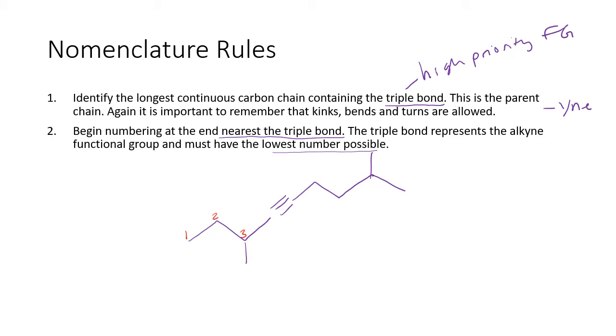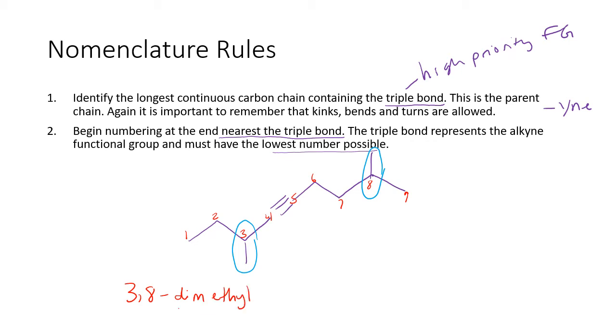1, 2, 3, 4, 5, 6, 7, 8, 9. And it doesn't matter whether I call up 9 or down 9 because it's the same numbering there, and it's a methyl group. So we have two substituents in this example. We have a methyl group at 3 and a methyl group at 8. So we're still going to put those out front. So we would have 3, 8